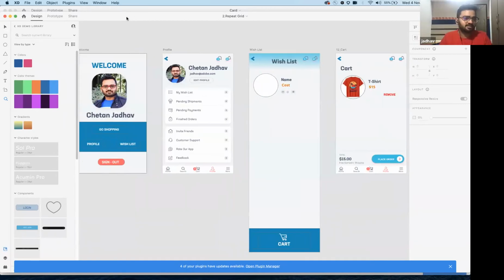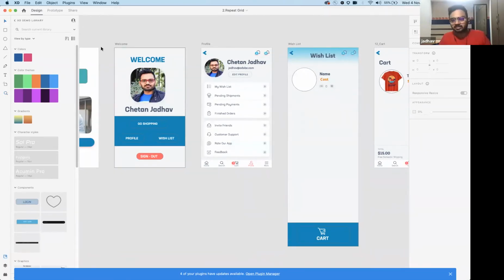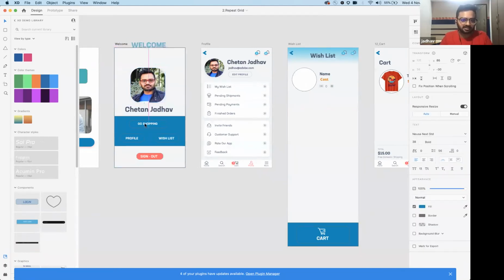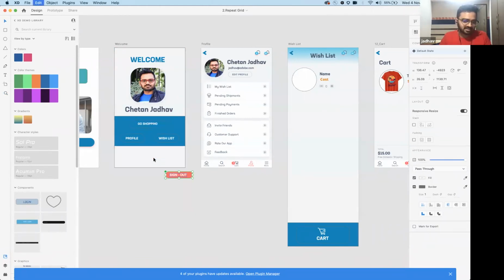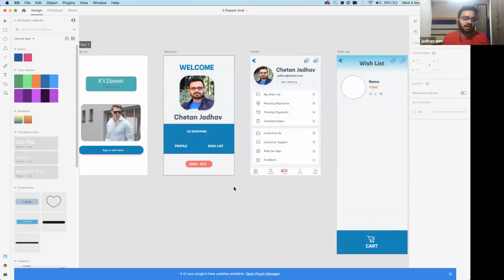So if I talk about designs, you see that I've got these different design tools, and the interface is so clear. With these tools, I'm able to create these text boxes and these buttons. I've got this sign out button, but when I click on sign out, it doesn't sign me out. It gives you a feeling that I've signed out. Actually, if you want to sign out, you give it to a coder who will help you with that. But this will give you a good idea of how your application would look before it is developed. So this is what XD does.